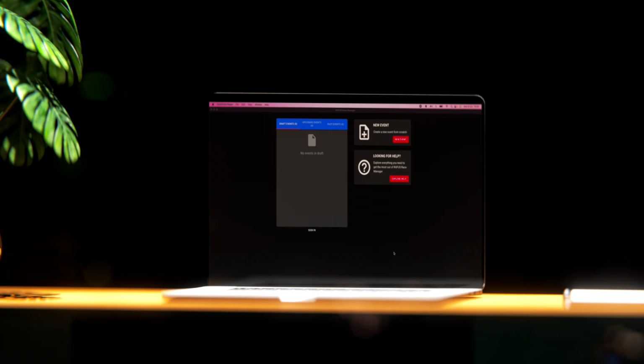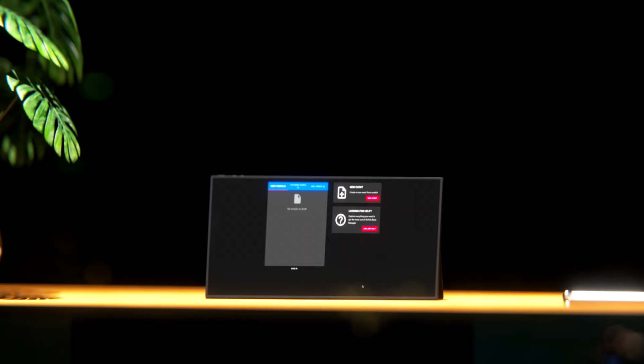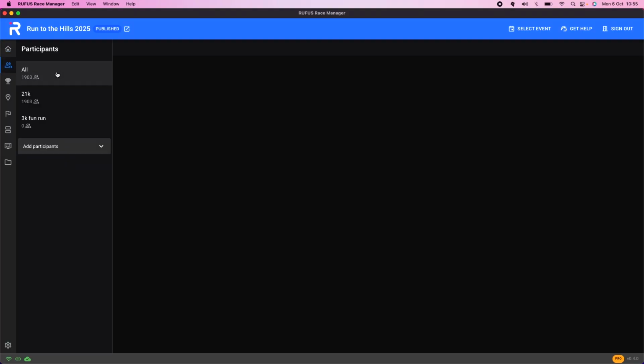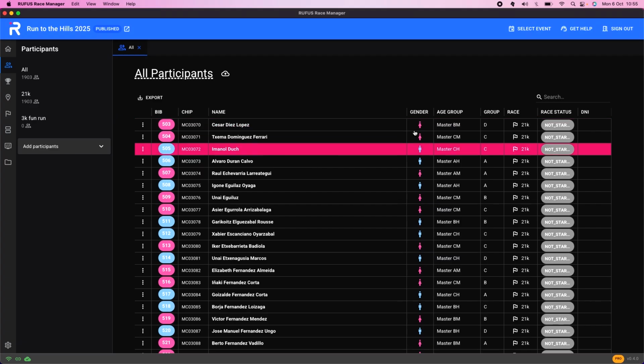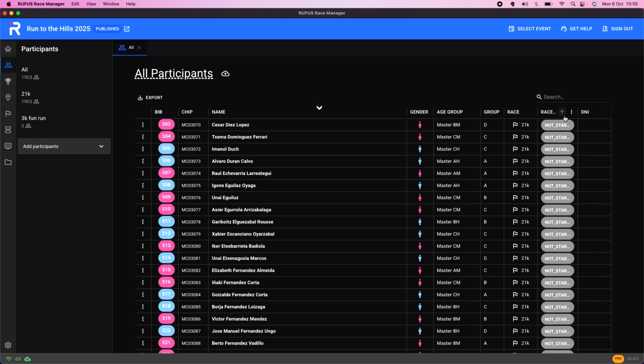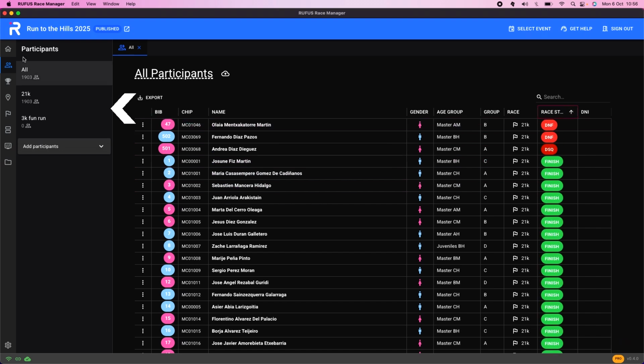We are currently watching the Mac version, but remember, if you are on Windows or the web version, the interface is exactly the same. As you can see throughout the software, we always have the same grids. These grids allow us to view all kinds of information. From participant information, for example, when we are in the participants section, to timing or passing information, when we're viewing a timing grid like this one,